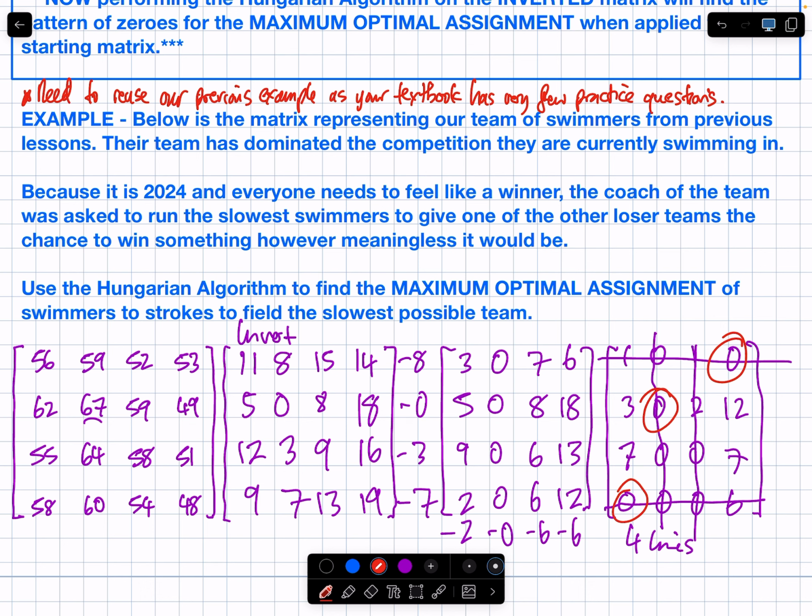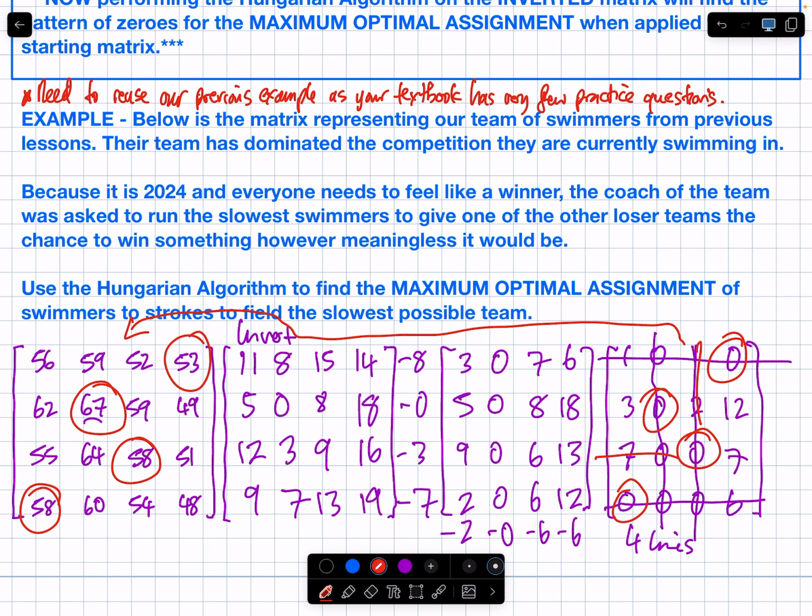So by process of elimination, there's only one row, one column that I can select for the remaining 0. It is this, because there was nothing in row 3 and there was nothing in column 3. It has to be that one. And hopefully you can see when I apply this pattern to the OG, that's going to be a damn slow team. 58. They chose the longest, the slowest swimmer. 53. It's not up for debate. You know, that will be the maximized team in speed. Okay? So I'll